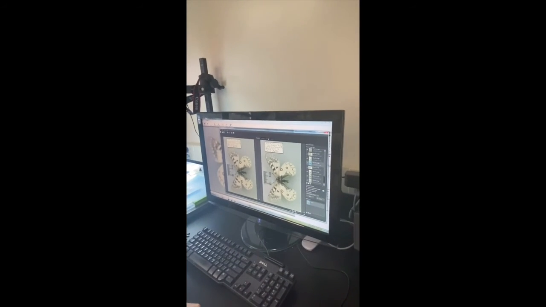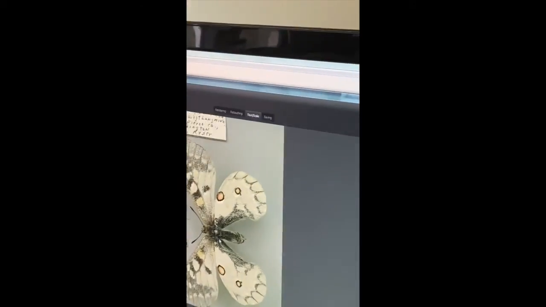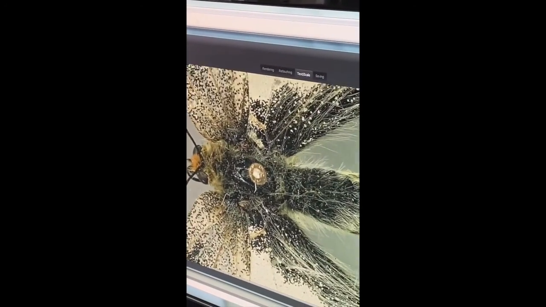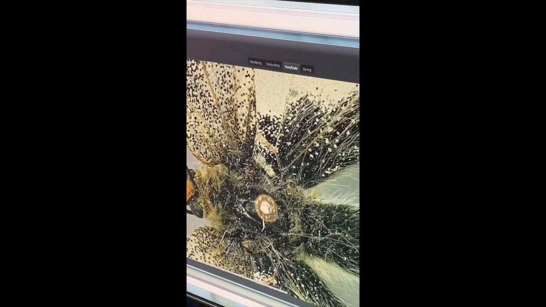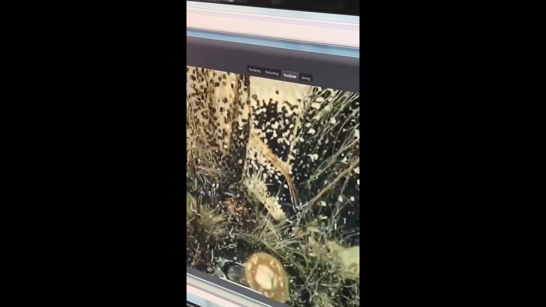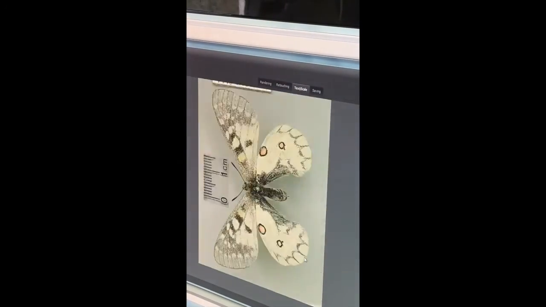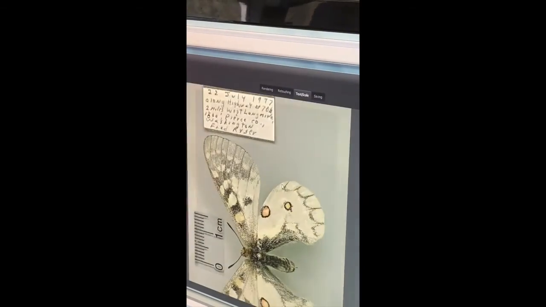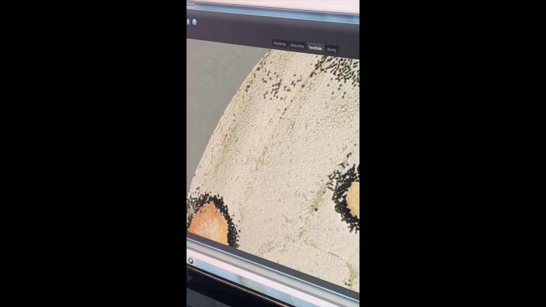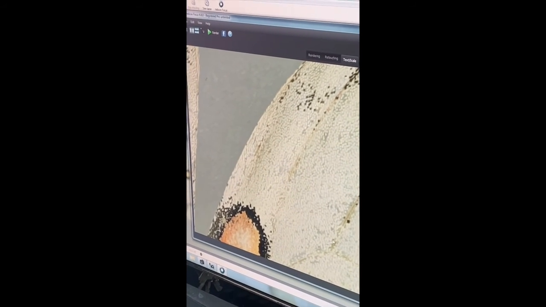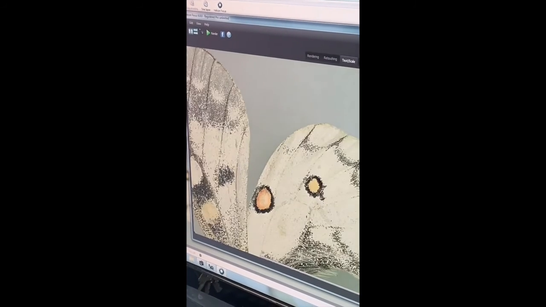So after this, we go to text scale. You can actually zoom in here and see. Wow. It's really cool because you can see the pictures. Those are all the scales, and pollen also. There are these little dots, could be pollen. Can you zoom in all the way, as far as it goes? Is that good focus for this purpose? Yeah, because in this case, in order to identify some specimens,